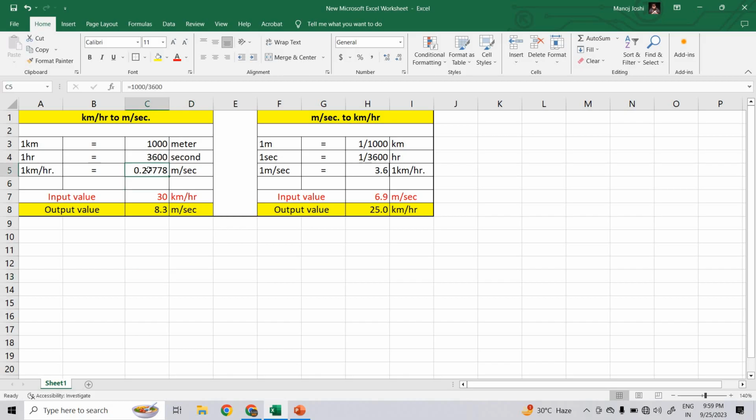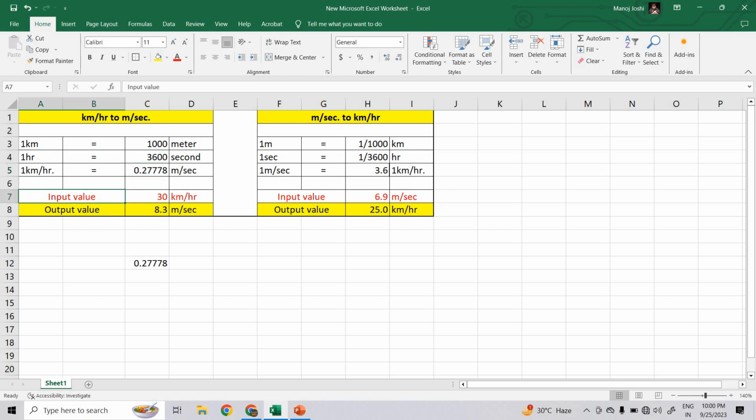So now see, in the Excel I have already prepared the Excel formula sheet which will convert kilometer per hour into meter per second. So see here, 1 kilometer is equal to 1000 meter and 1 hour is equal to 3600 second. So simply divide 1000 by 3600, so you will find here meter per second. The same, see what we found here, we found this one. So when you divide, this will be the answer, right?